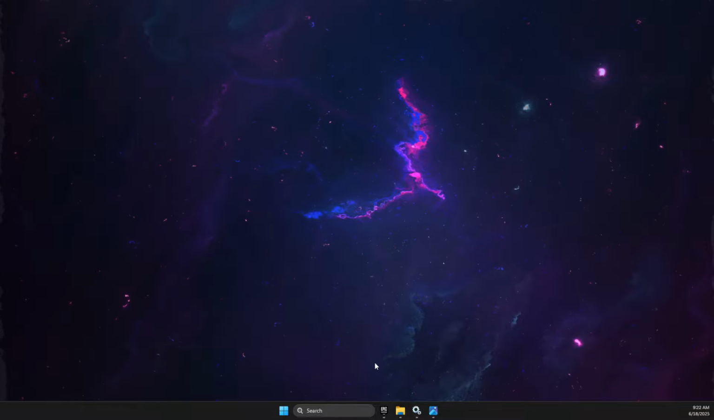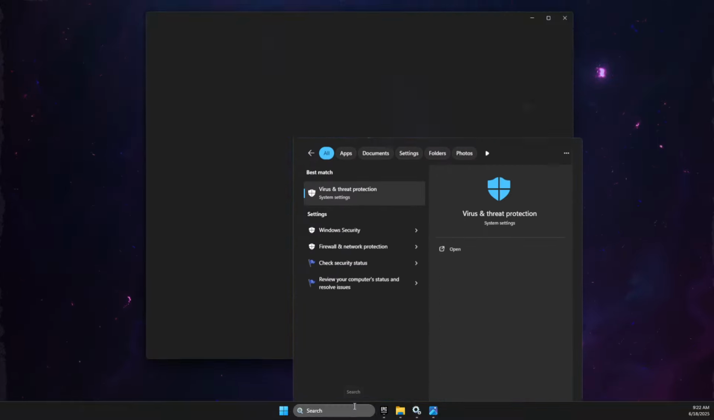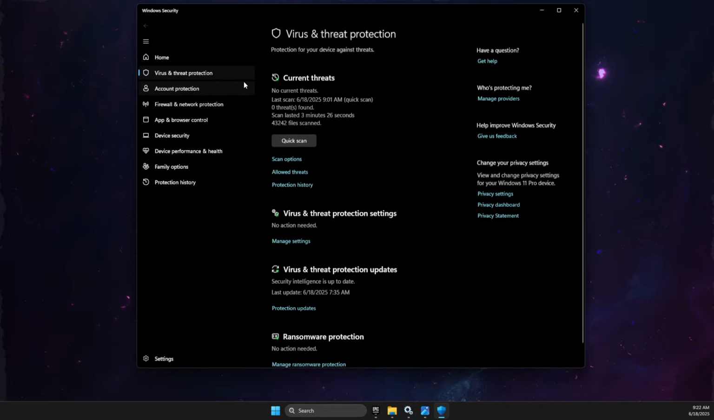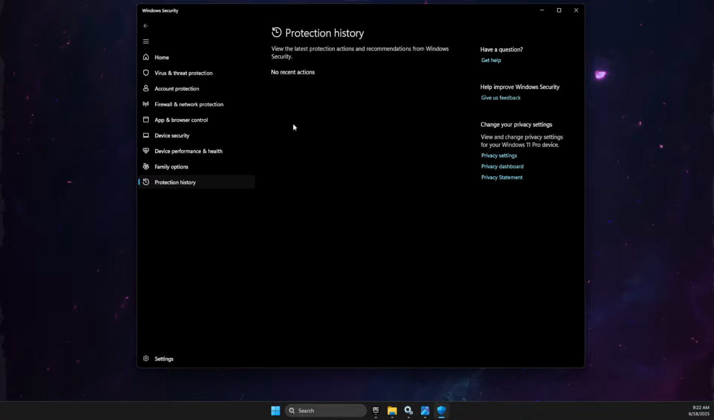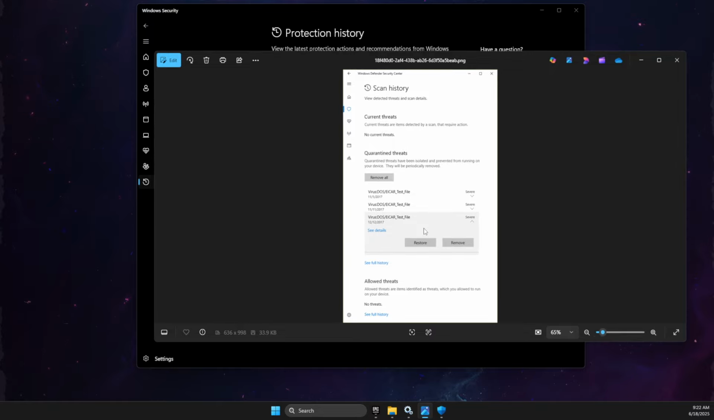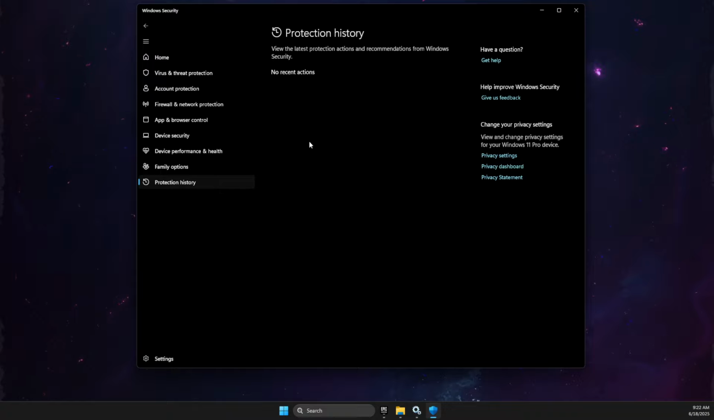So guys, first step, what you need to do here, you need to go to virus and threat protection. Then on virus and threat protection, go to protection history, and then here it should be some logs. Currently I don't have it, but it should look like this here. So just select quarantine threats here, and then select restore it, and then run the game and look if the